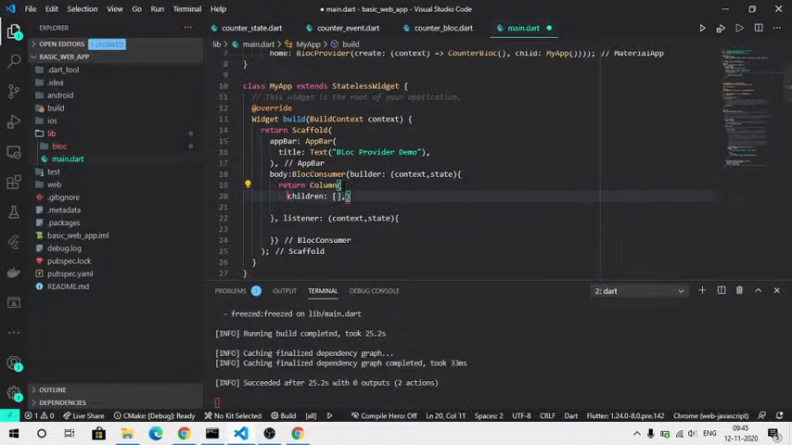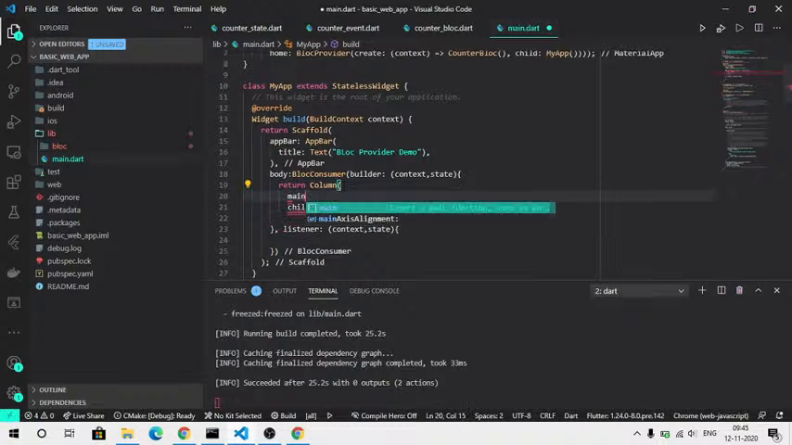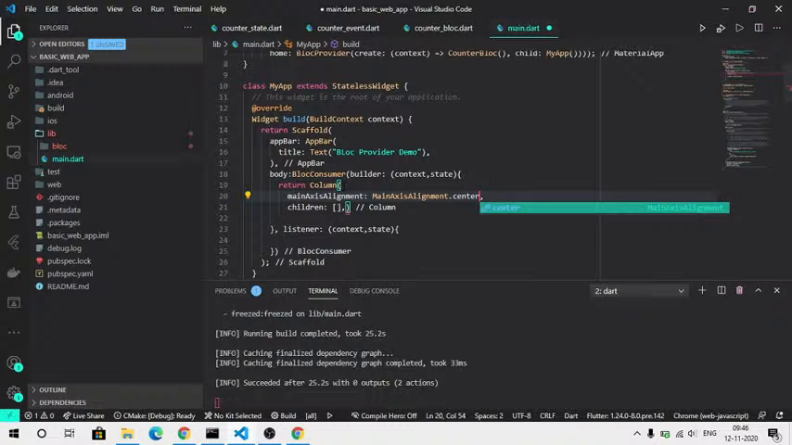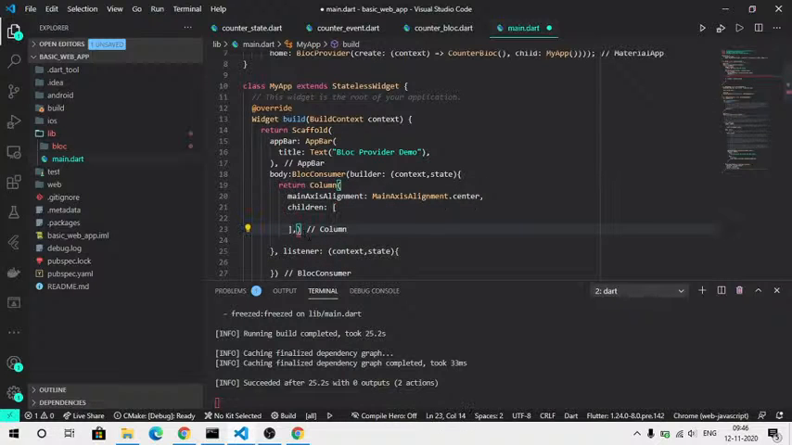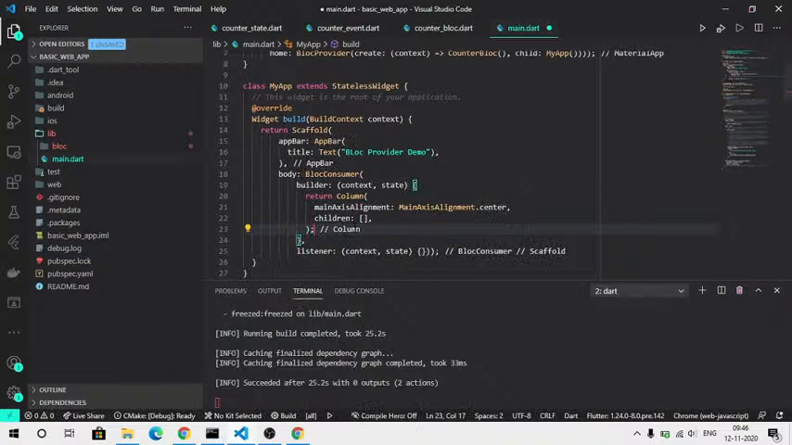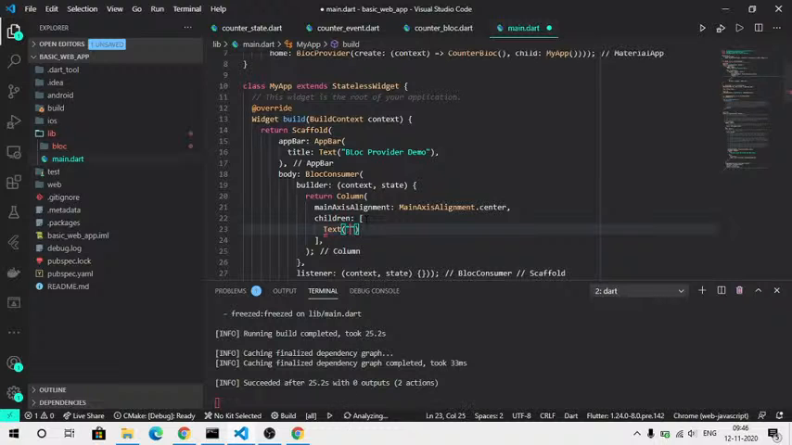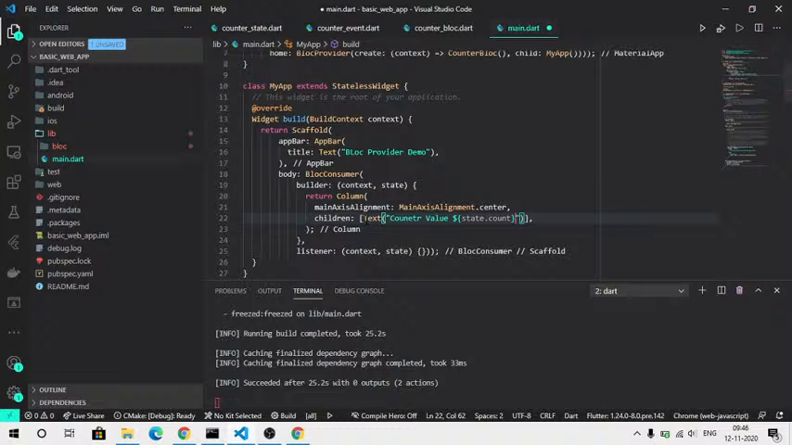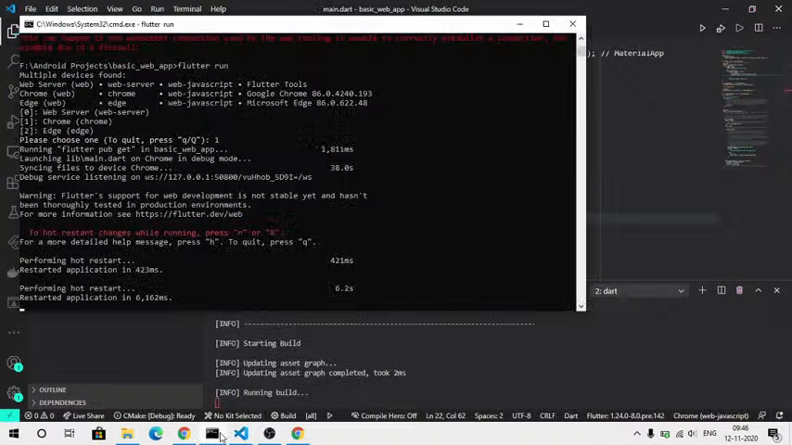Before it, I think the column should contain some attributes like main axis alignment, that is, main axis alignment dot center. And then children also contain some of the things that should be contained. First is a text, that is our counter value, and it should be like this variable state dot count, what should be returned. That's all. So if you just go and press R,